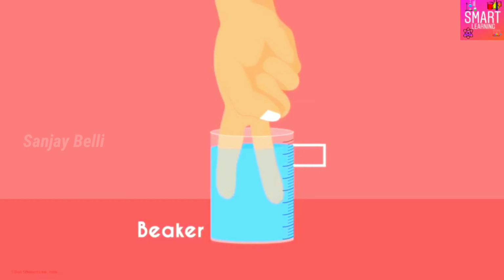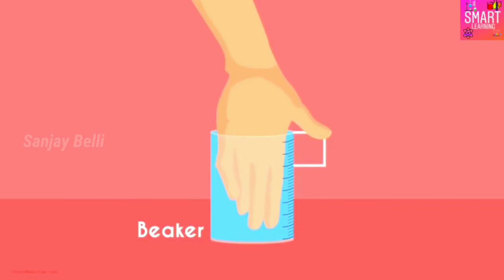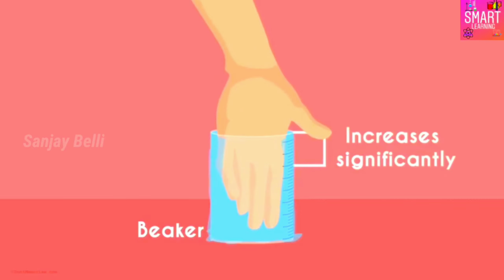Say you have a beaker filled with water and you put your index finger inside it. You will observe that the water level rises slightly. You put in two fingers. The water level rises a bit more. And now when you put in your hand up to the wrist level, you will see that the water level